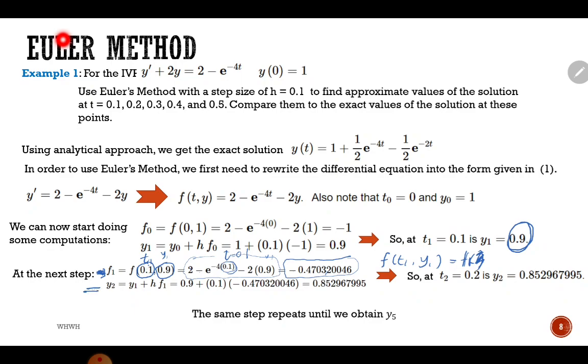Now, let's proceed to find the value for y2. Okay, y2. Okay, sekarang ni y2, untuk dapat y2 is equals to y1 plus hf1. Y1 kita ada tak value? Yes, our y1 tadi kita dapat 0.9. H remain a constant 0.1. And our f1 yang tadi yang kita baru je kira negative 0.47 bla bla ni. So put in, then you get the value here